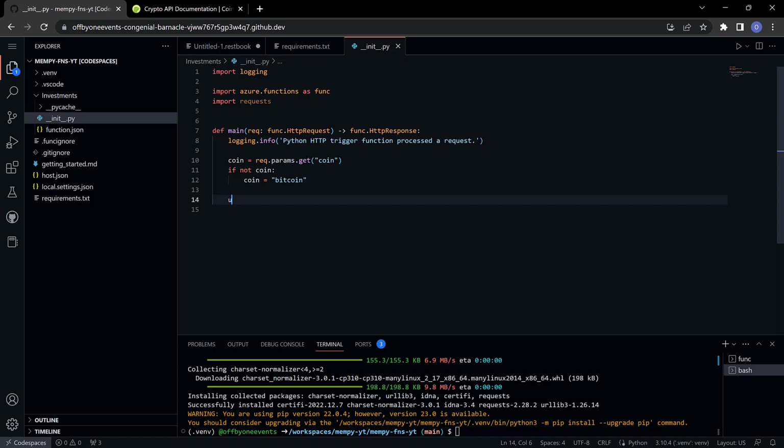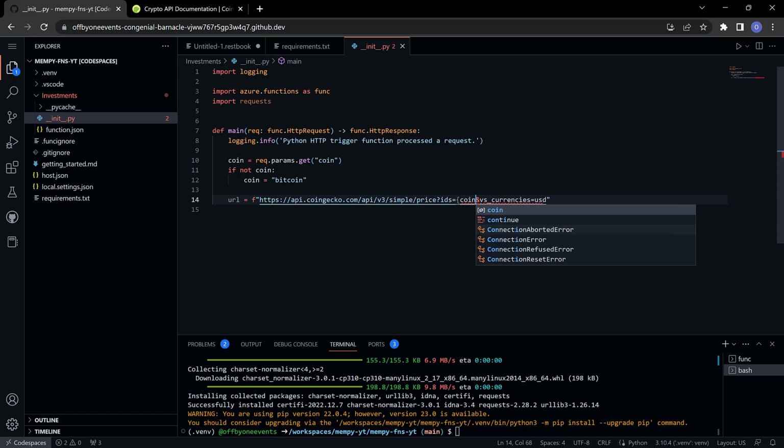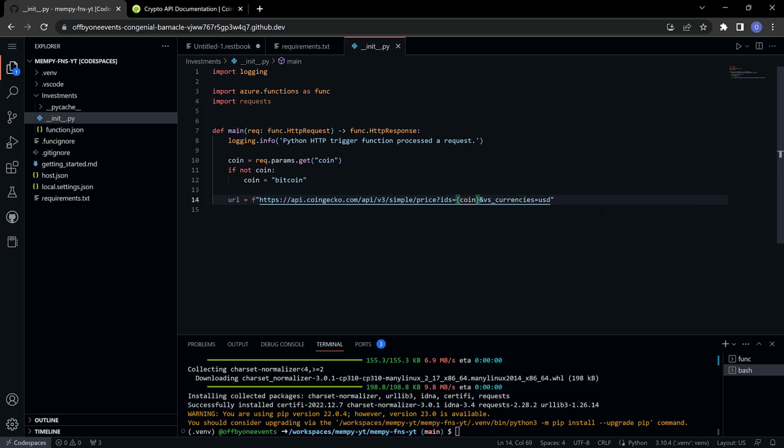Then I'm going to have that URL, and what I want to do is use an f-string and replace the ID of the coin with the one that came in with the request, and we'll just use the currency as USD for now. You could parameterize that as well, but it's not a big deal right now. And then data, lowercase,